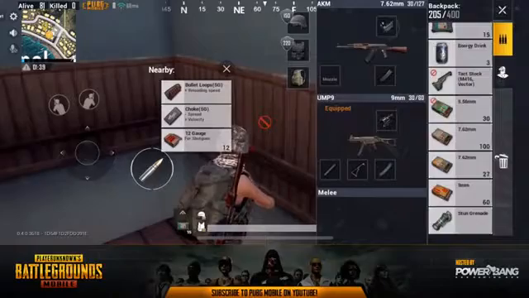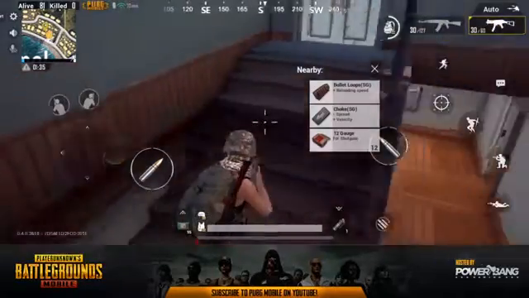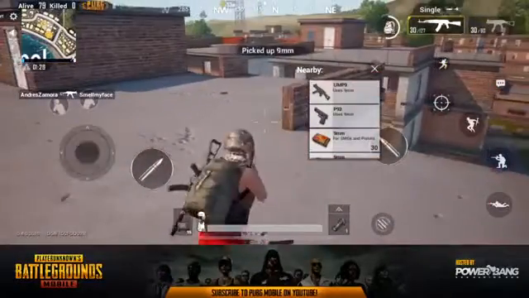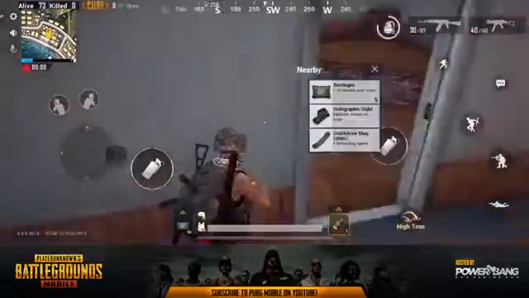The attachments and the ammo will not clear out of your inventory, and that inventory space is valuable for other things such as boosts or medkits. You want to make sure that you have the space available for the items that are actually going to benefit you. Now, once you've dropped, cleared your immediate area, looted up a little bit, and you're starting to get ready